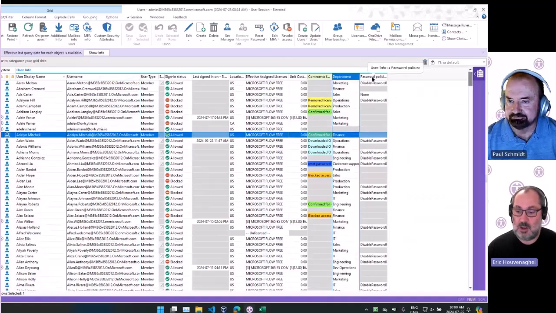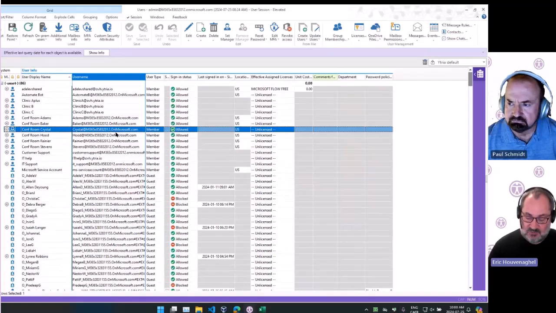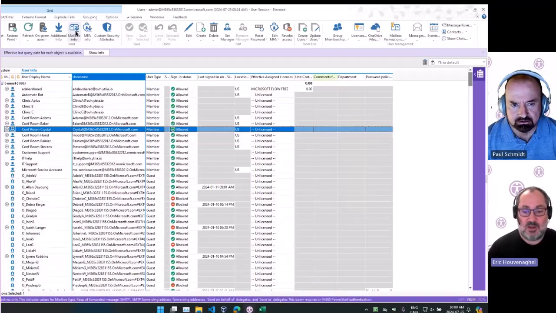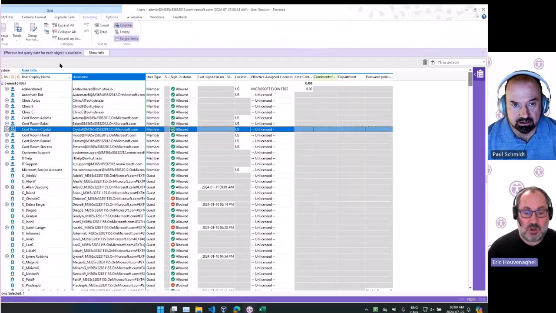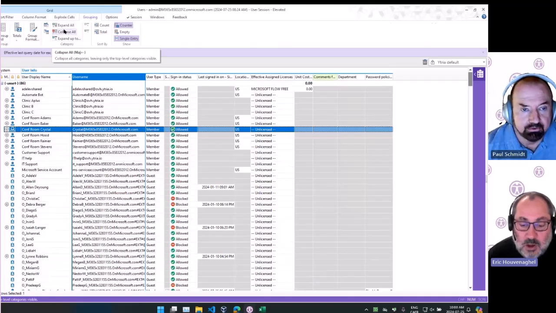What I'm going to do now is a grouping by this department column. And now I'm typing the magic key, which is shift minus. Well, it is explained here. If you go under grouping, you have where's my collapse all here? You see collapse all. If I go over it, it says collapse all,